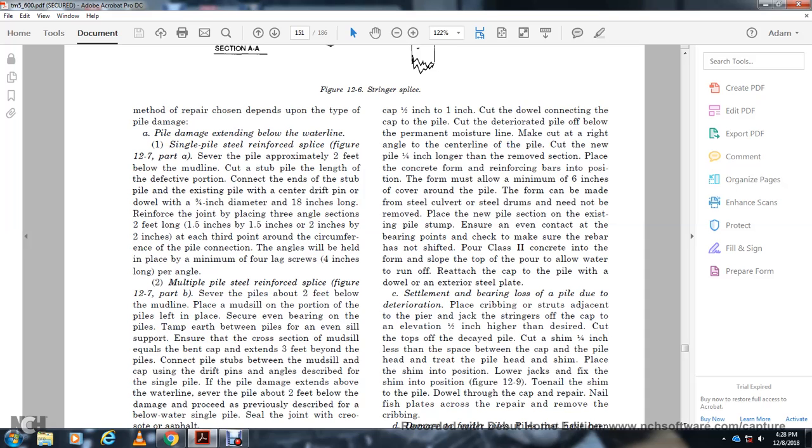with a center drift end dowel, 3/4 of an inch in diameter and 18 inches long. Reinforce the joint with plates of three angle sections, each 2 feet long, 1.5 inch by 1/2 inch by 2 inches by 2 inches, at the third points around the circumference of each pile connection. The angles will be held in place with a minimum of 4 lag screws, 4 inches long per angle. Multiple pile steel reinforced splice, Figure 12.7, Part B: sever the pile about 2